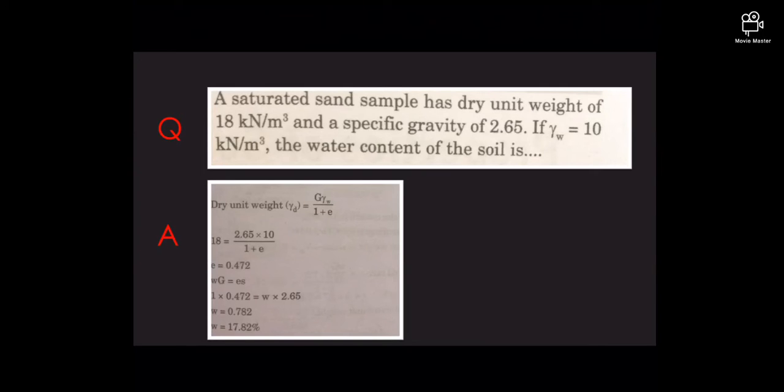Okay, so I hope everyone has understood the basic concepts behind the questions, and the only thing we are finding out from here is once you are thorough with the formulas and the concepts, it will be very easy for you to score in the geotechnical engineering part, especially in the soil water relationships. So we have a set of 10 to 15 equations which are very easy to remember also if you connect and study. So just go through the questions again and again. Just go through the formulas, go through the concepts, and be thorough with everything.